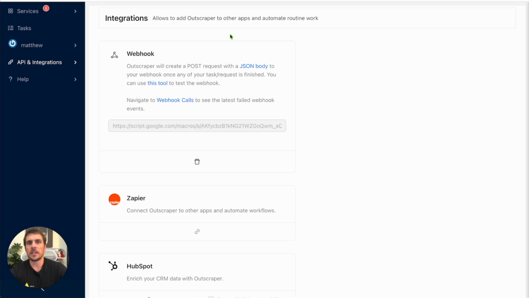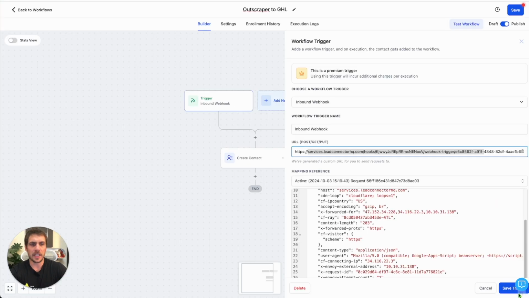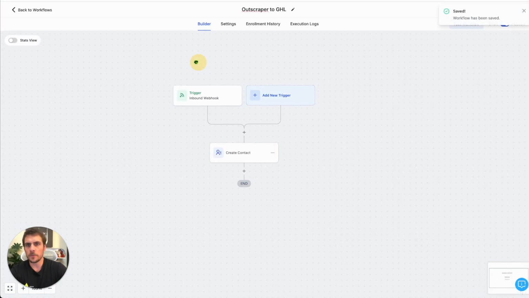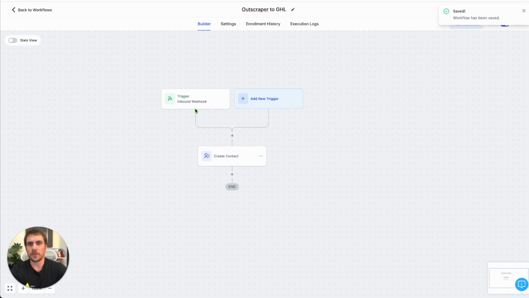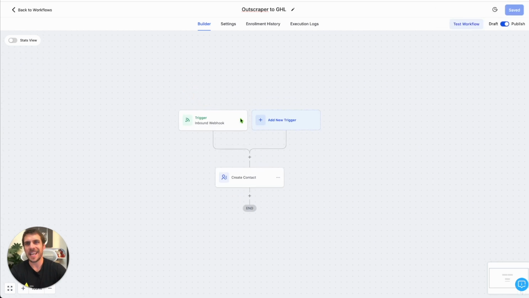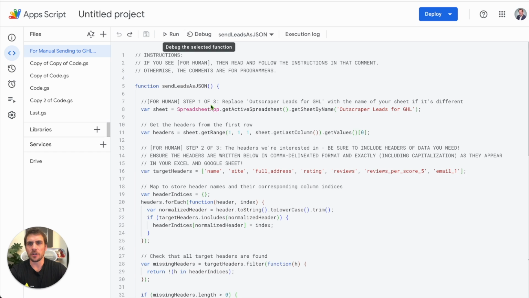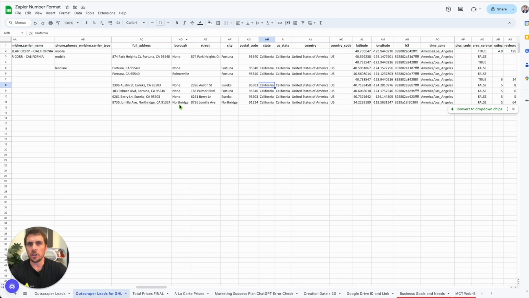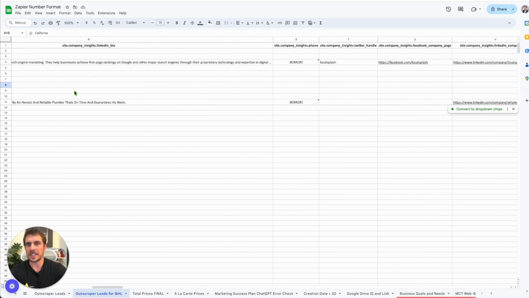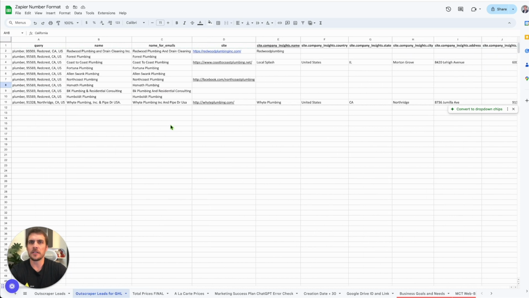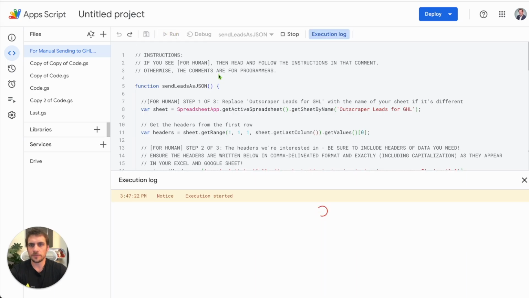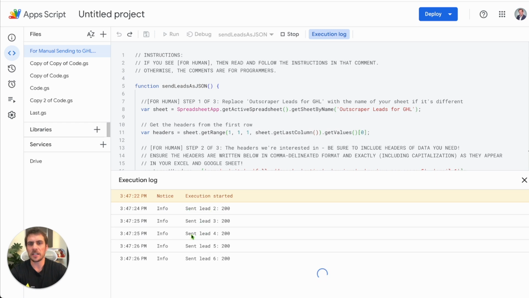And once you have that saved, then we can go back to GoHighLevel and ensure that you have this built exactly the way that you need to, because we're about to test this entire workflow. Once you ensure that GoHighLevel is set up, that you have your app script set up exactly as you need, you go back to your Google Sheet and you have some sample data in your Google Sheet here, then let's actually run the program and go back to GoHighLevel to configure all of the data fields, okay, to match all the data fields. So we're going to click Run, and you'll see it's going to start sending the leads one